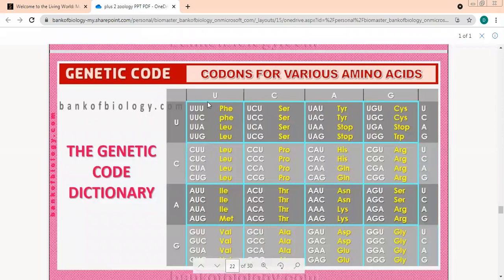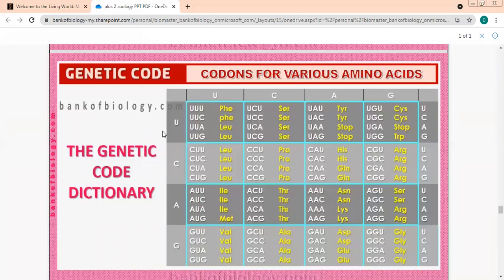Let me do it more with you. We'll try and learn the first two boxes today. When we made a box, how many boxes did we make? 16 boxes. What is the sequence that we are writing? UCAG.